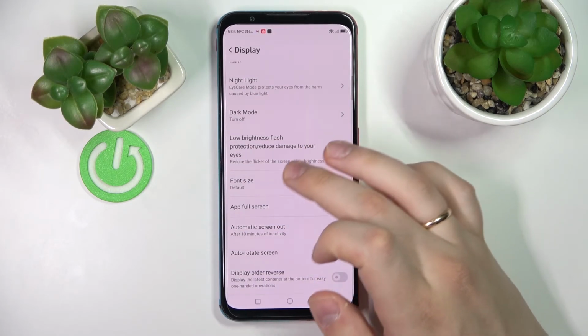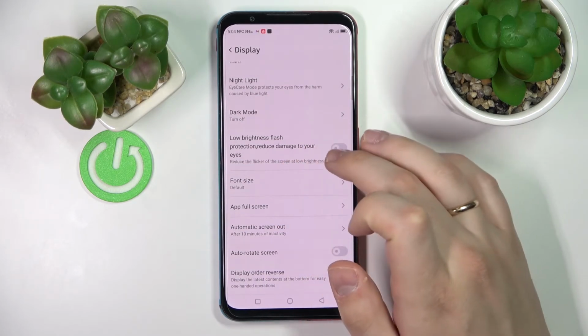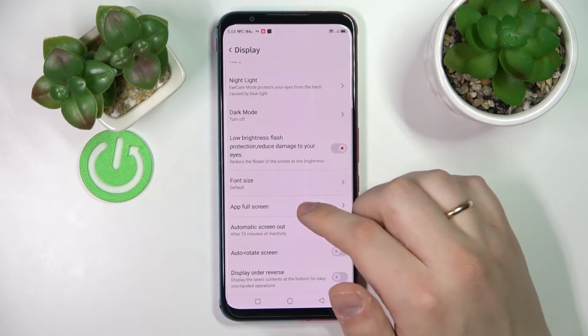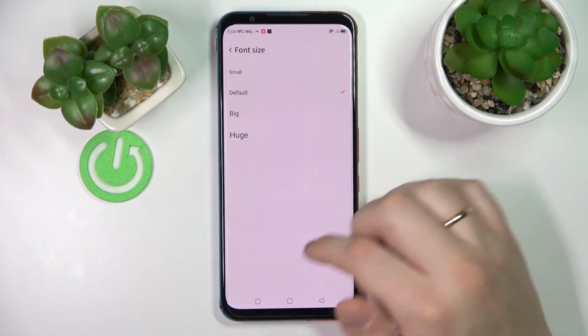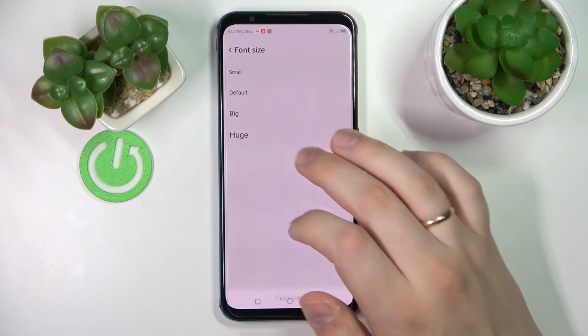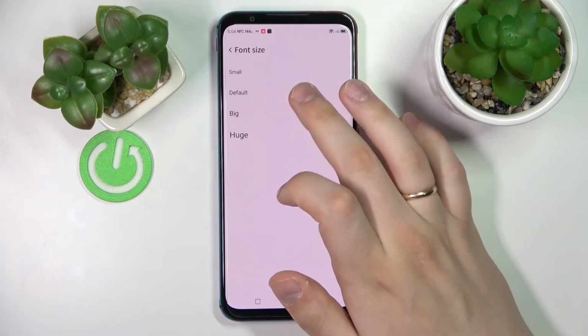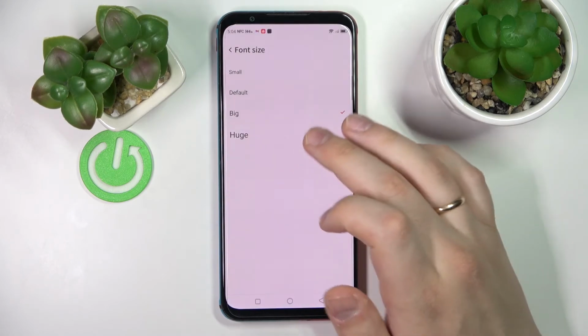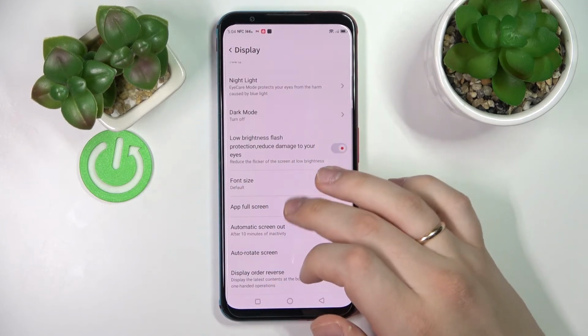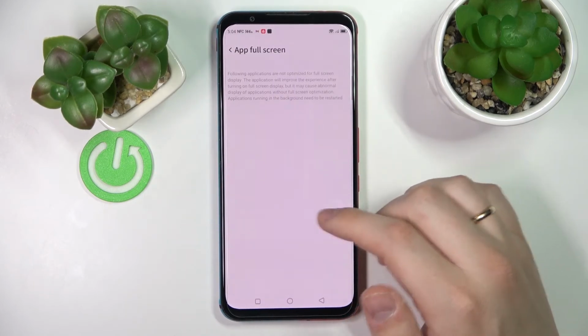Next we have the low brightness flash protection, reduce damage to your eyes setting that, once activated, reduces the flicker on the screen at low brightness. There is also the setting that allows us to change the font size, or to generalize, the text size in general. Next we have the app full screen settings that allows us to regulate the full screen